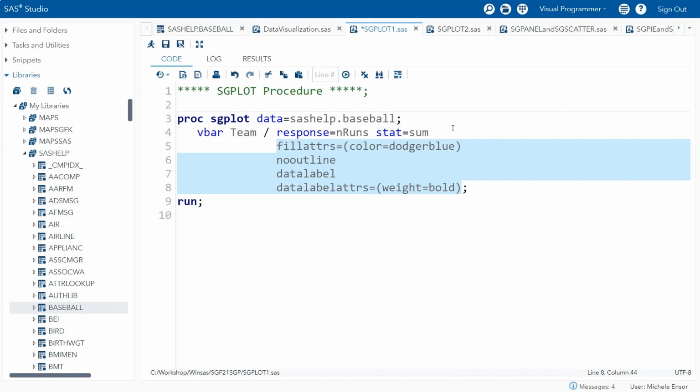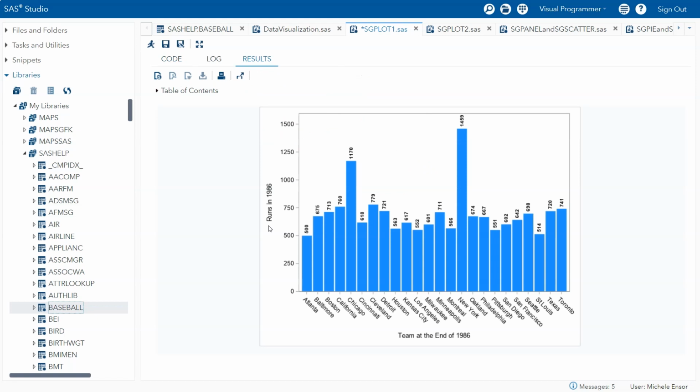And then for the data label attributes, I want the weight to be bold. It's obvious to see the change. I got Dodger blue for the color of the bars, no black outline around the bars, and at the end of each bar, I see a data label. That data label represents the total number of runs for that team. That number is in bold.